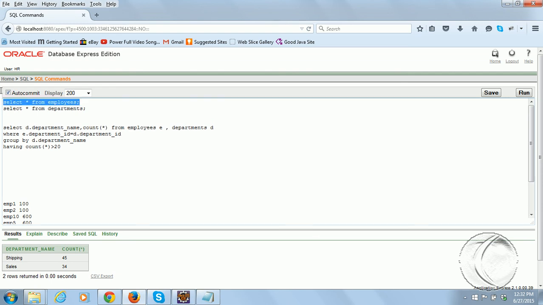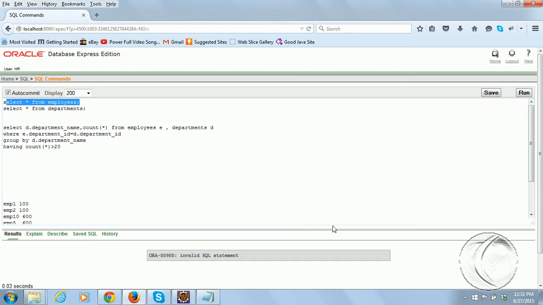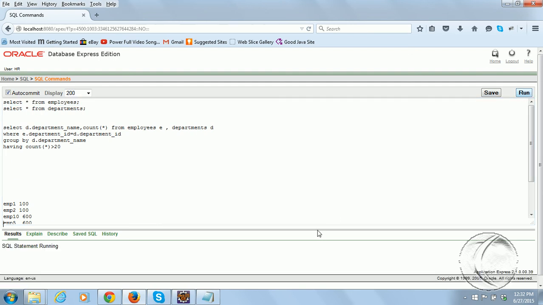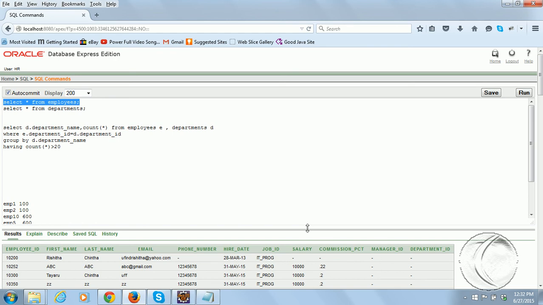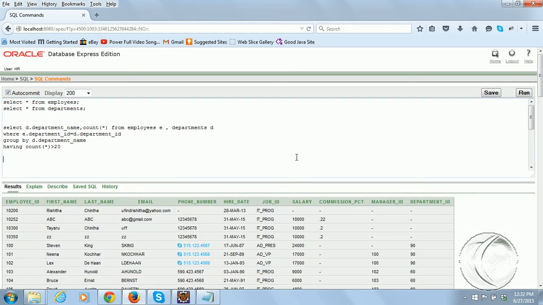We will see the employees table. Suppose you may get a requirement like this. I want to know every manager in the employees table and the number of employees reporting to him.